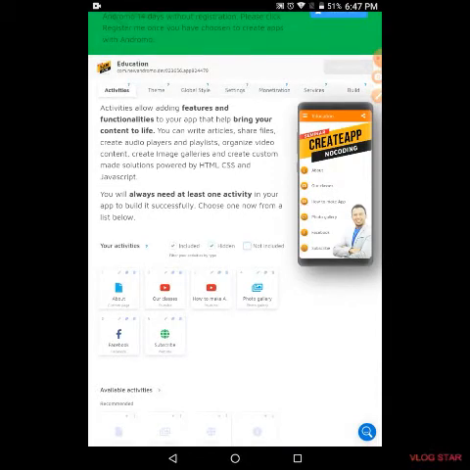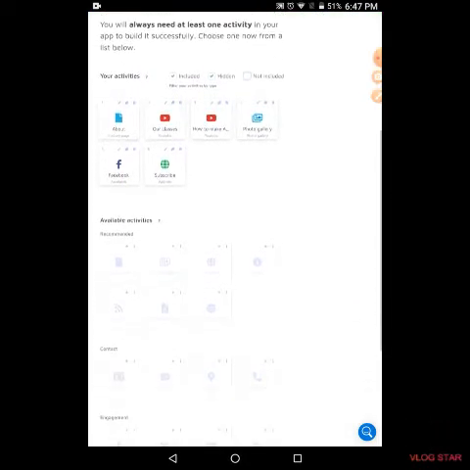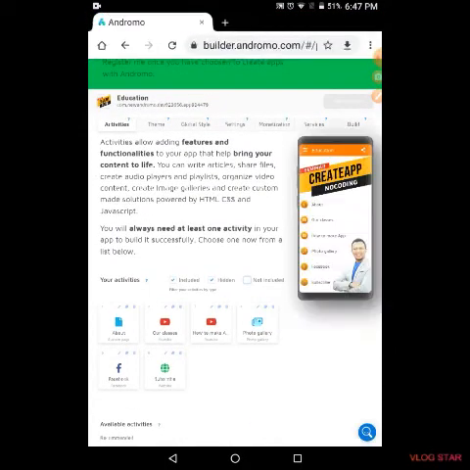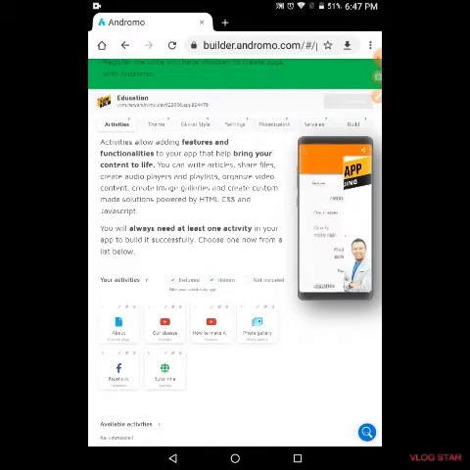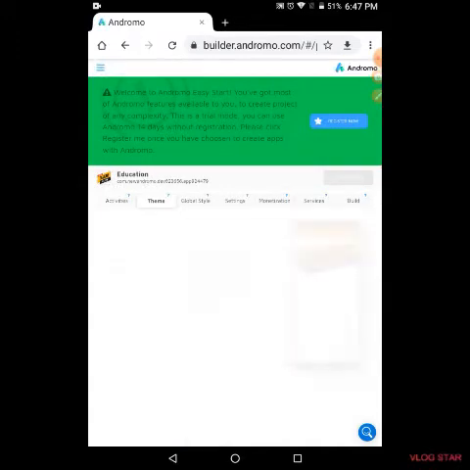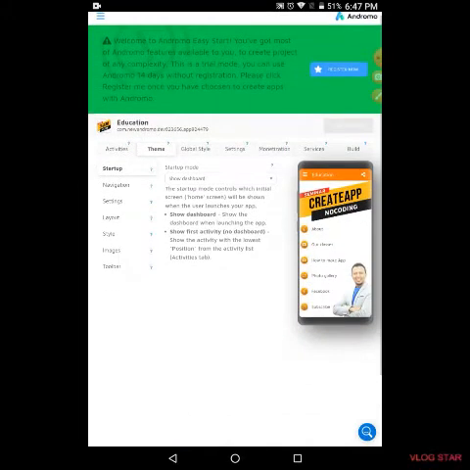You can ignore the activities tab. Click on theme and then